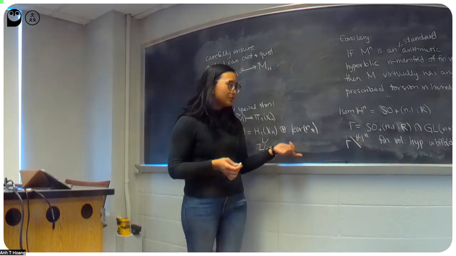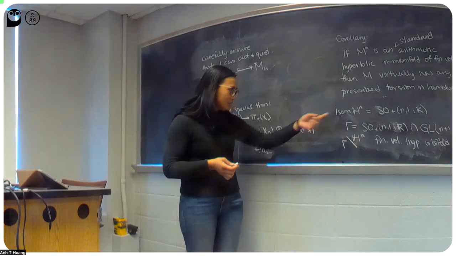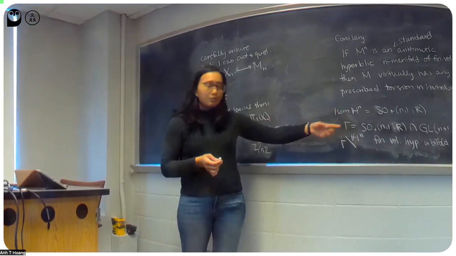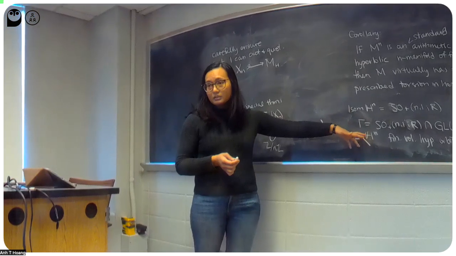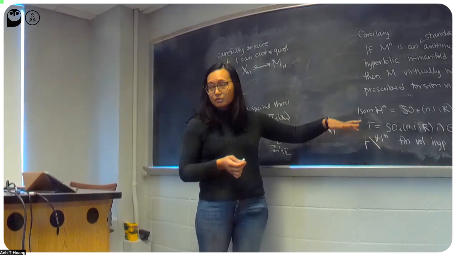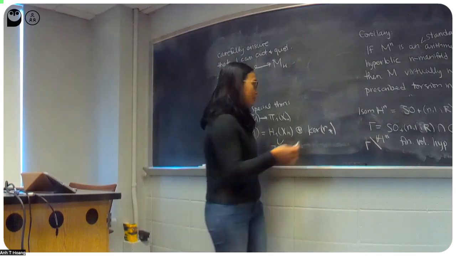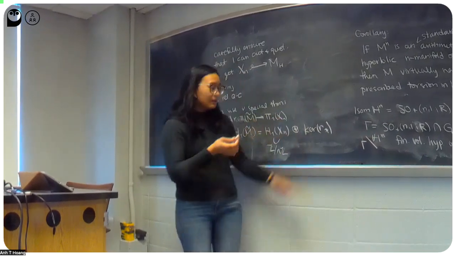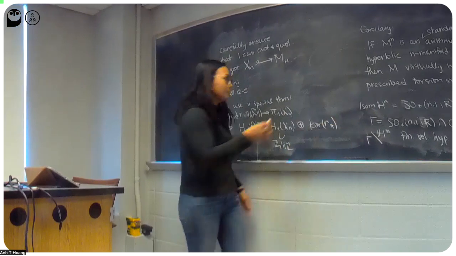That's fairly easy to construct, and you can see that in the case where n is 2, when you do this, you get the modular group. So if you've heard about the modular group or the modular surface, but I guess it's not a surface because this group has torsion, but it looks like this.